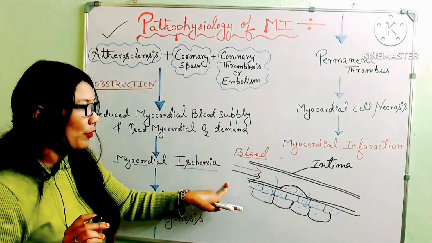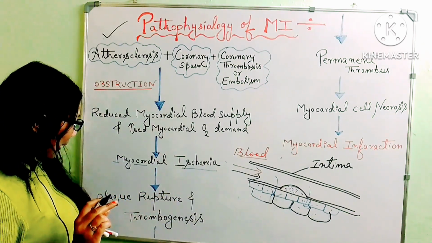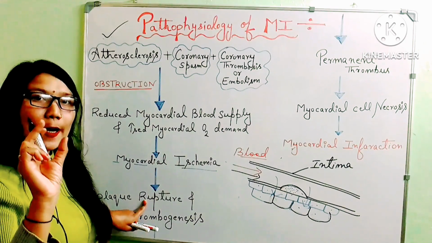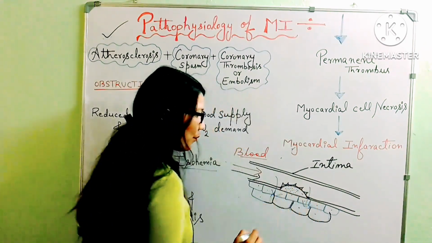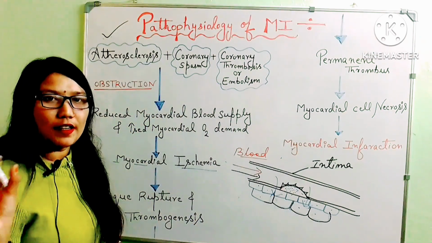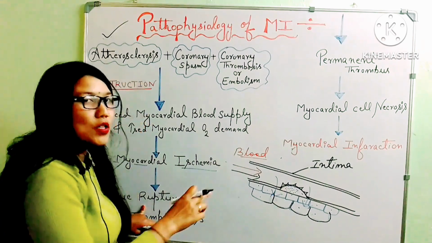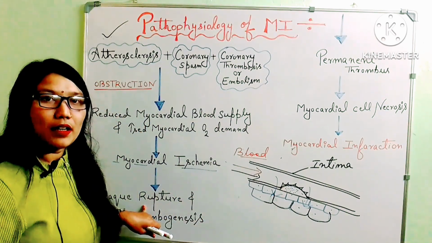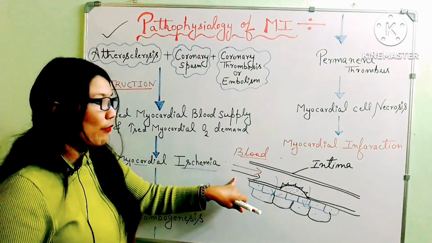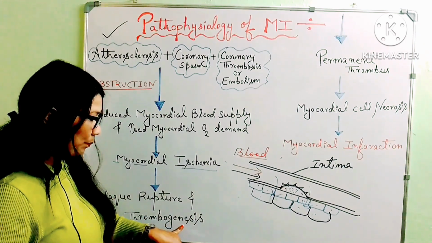So what will happen when there will be tachycardia, when there is increased heart rate? This will rupture the plaque. The outer layer of the plaque is known as the endothelial layer, which is very fissury and rupturing. The plaque will rupture due to the blood flow, because we are doing a lot of physical activity, so we need a lot of blood supply for our functioning. So the plaque will rupture and there will be thrombogenesis.